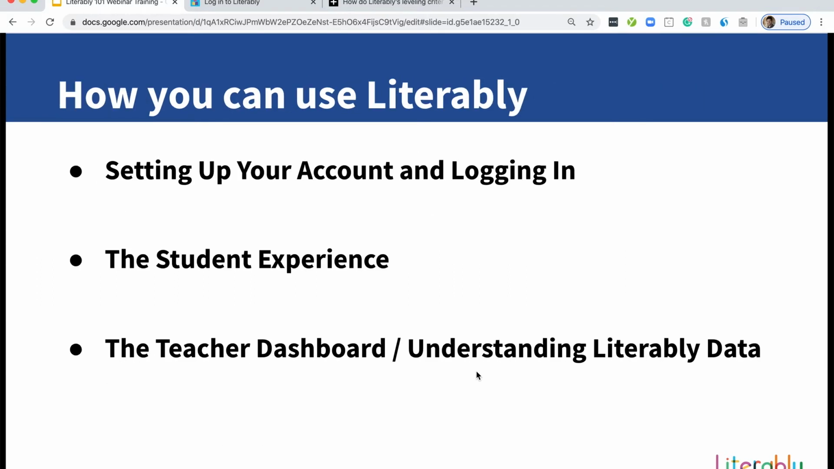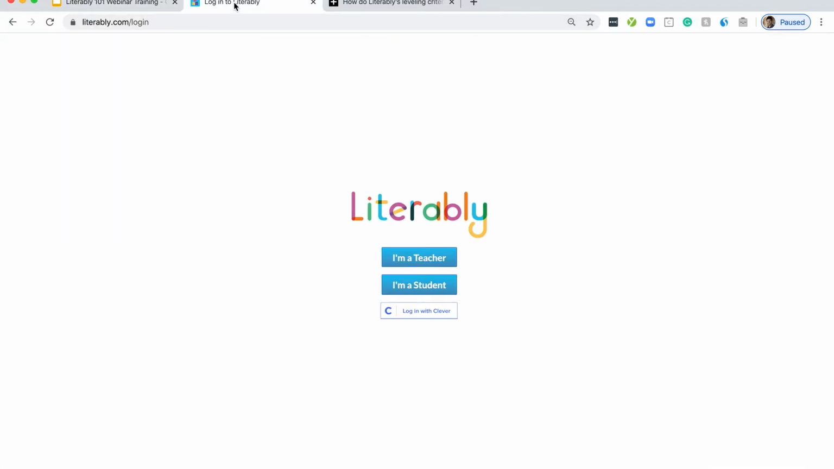So, for today, the majority of our webinar is going to look at how you can use Literably. And again, I'm just flashing on your screen the three main things that we're going to look at. The reason for that is I'm going to start clicking a lot in the Literably product itself. So with that, let's look at this first bullet point, setting up your Literably account and logging in for the first time. So to do that, I'm going to go to